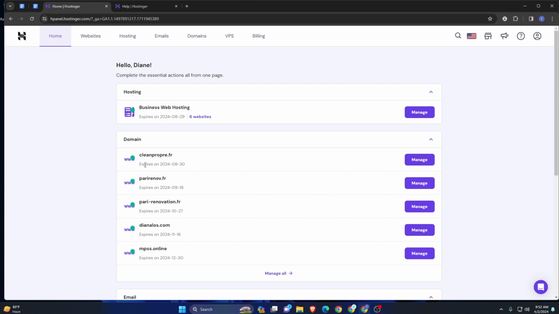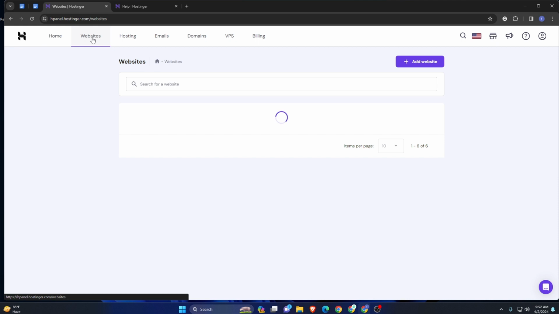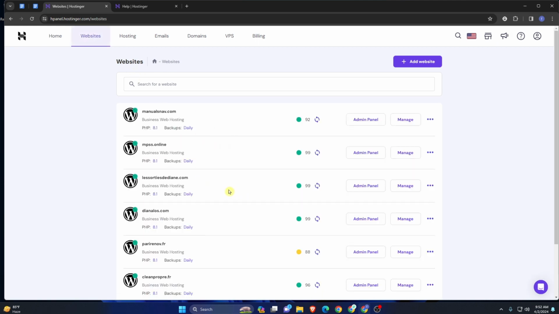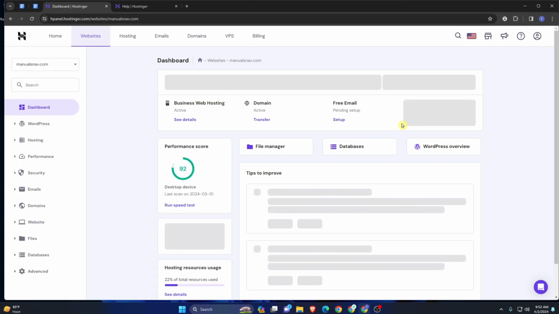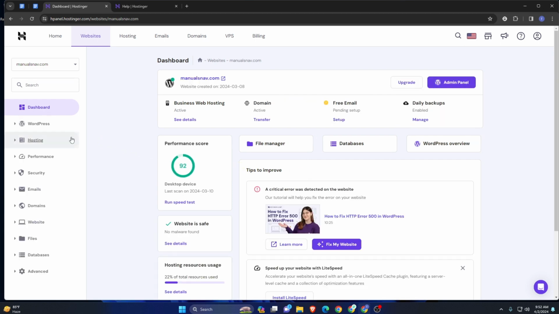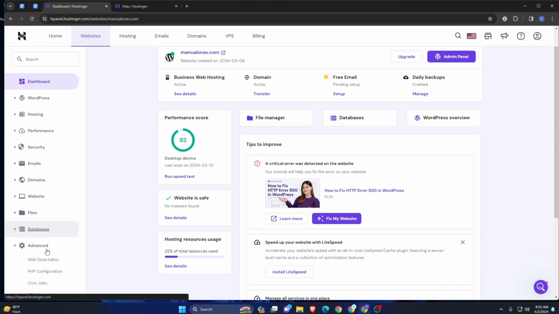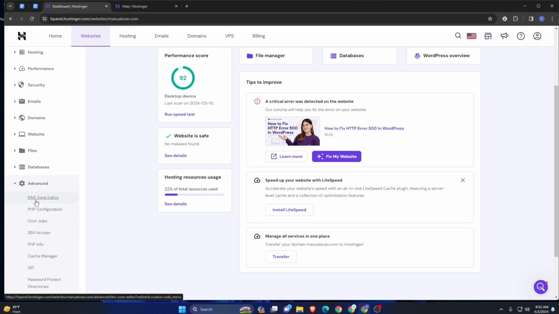Okay, now on the top bar here you can see website, just click on that. Click on manage. Now on the left panel here you can see a lot of items, scroll down and click on advanced. Now again scroll down. Now here you can see DNS zone, PHP configuration. Just click on PHP configuration